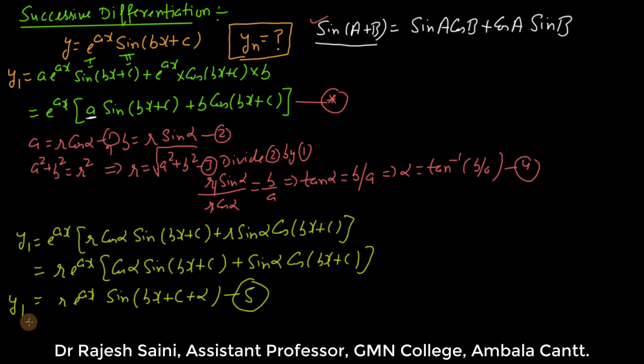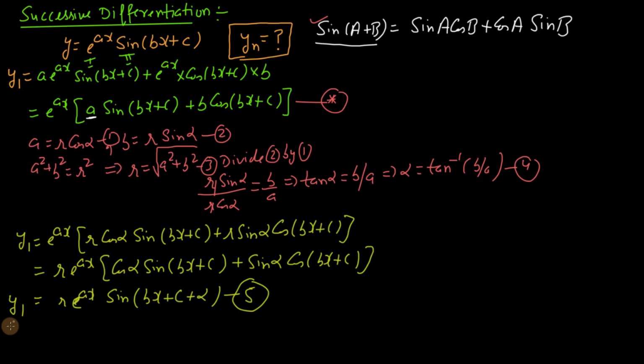Now from the first order derivative we cannot generalize. This is as simple as this. From here we are not in a position to generalize. We at least need the second order derivative so that we can generalize from here. So we have no option but to differentiate it again. So we will now differentiate again, and we will get y2 is equal to r